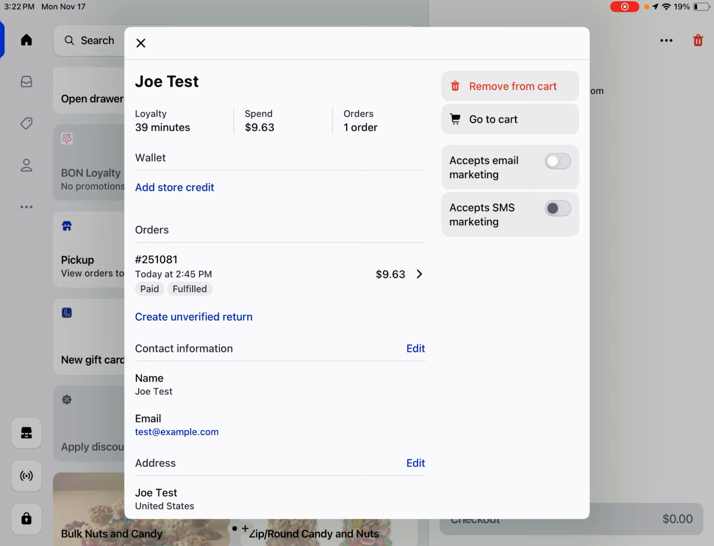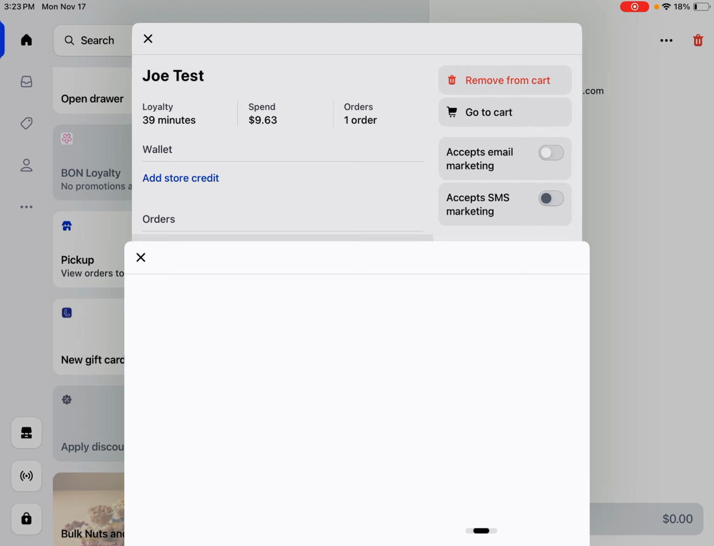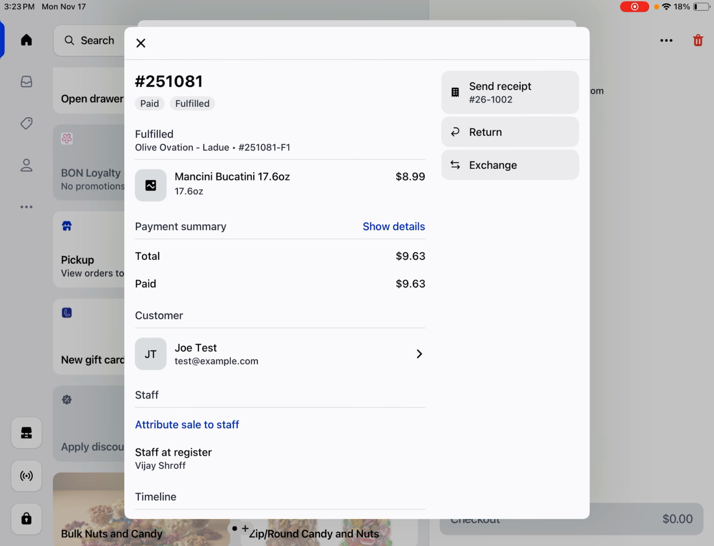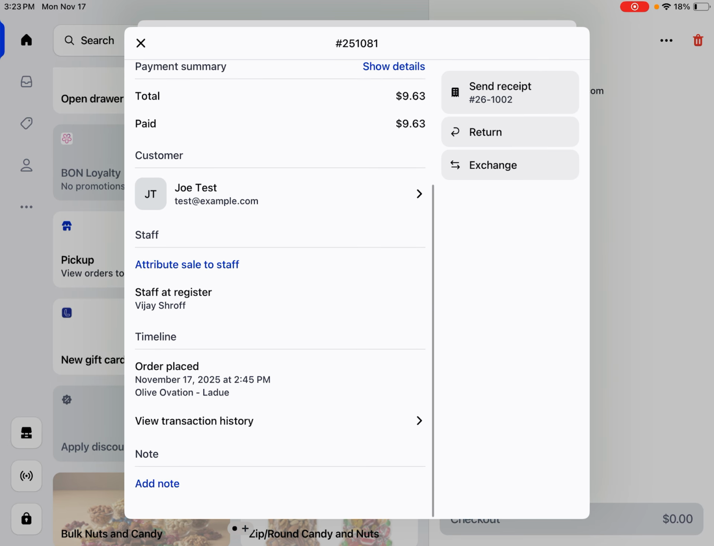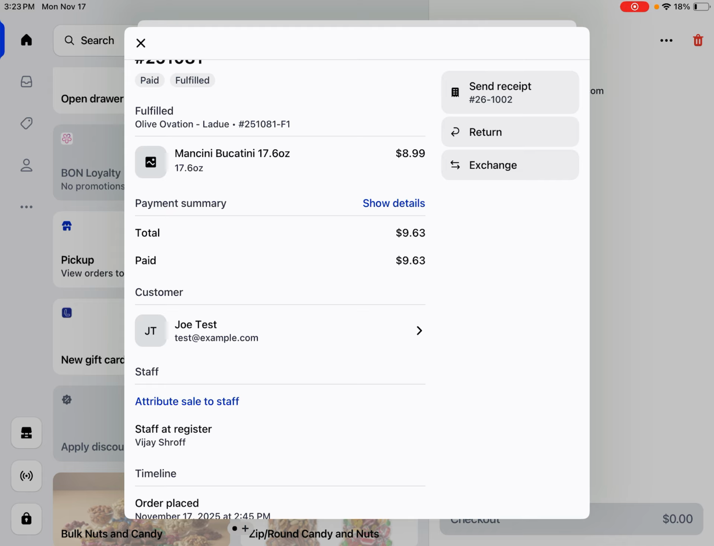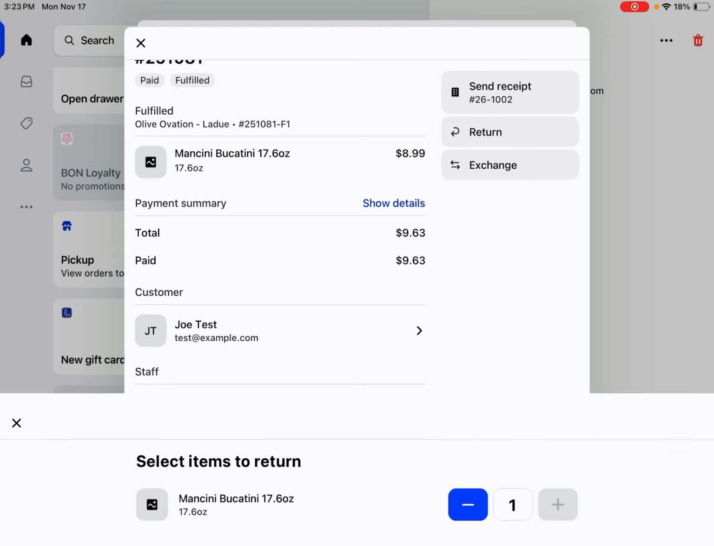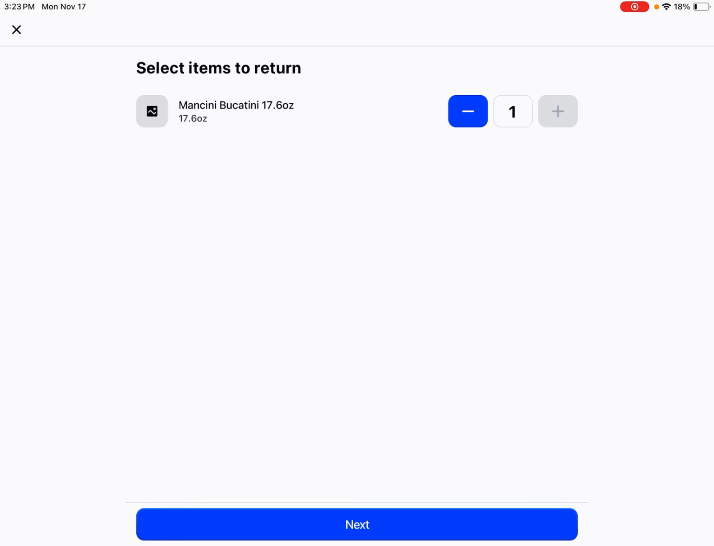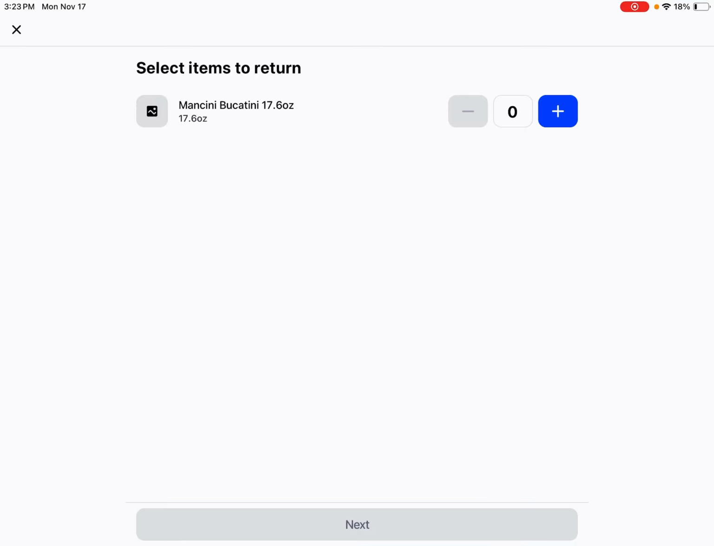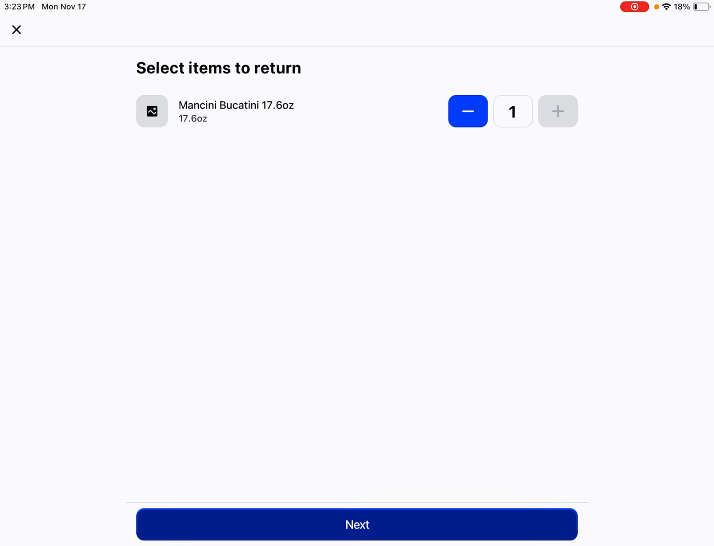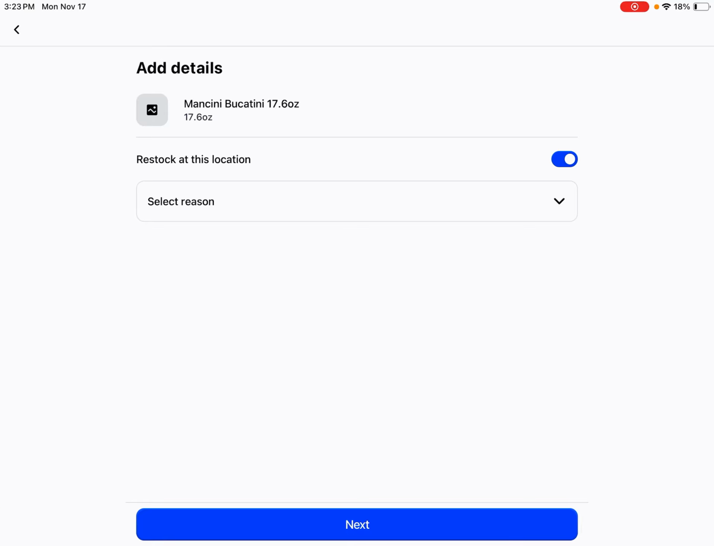I'm going to see that he's got some previous orders. I'm going to go ahead and click the order that has the return in it. And now here, you see I can process a return by hitting this. And there was only one item in this order, so that's the item that came up. If there were more items, all of them would come up, and you'd select which items you are returning. Like if you were not returning this, you'd make that 0. Hit next, and then you're gonna